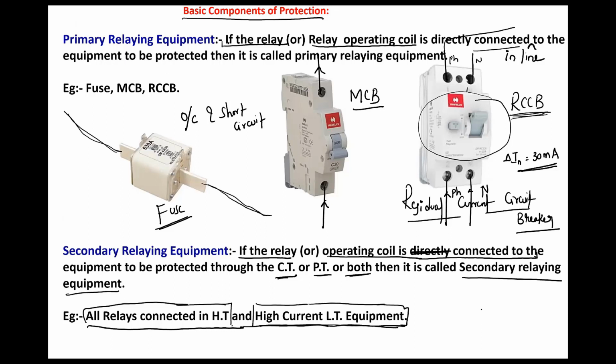Okay, sir. Fine. So if you want to measure 200 amperes, you cannot put an ammeter directly in series with it. What you do is connect a CT, and the secondary of the CT you connect to the ammeter or relay for which you want to protect. Understand? Okay, sir.